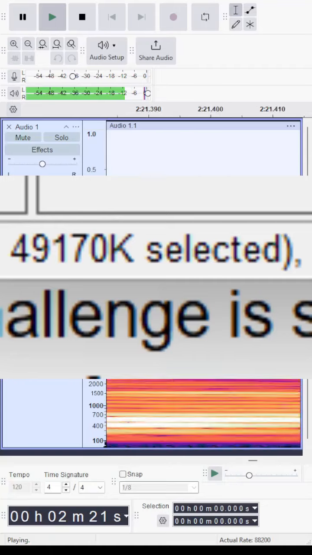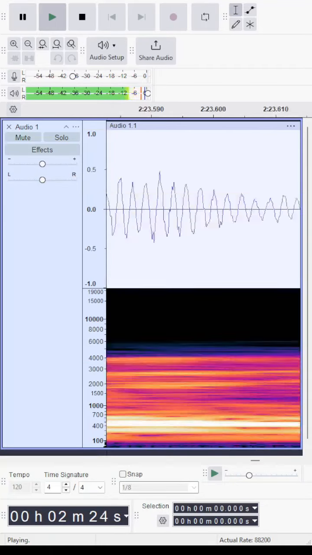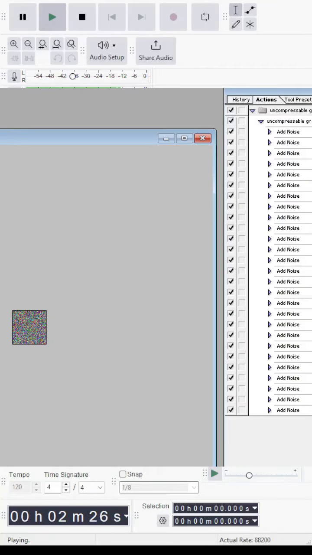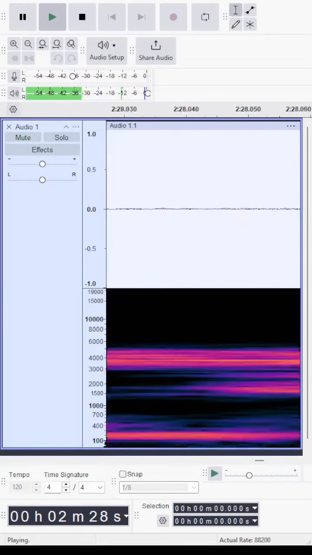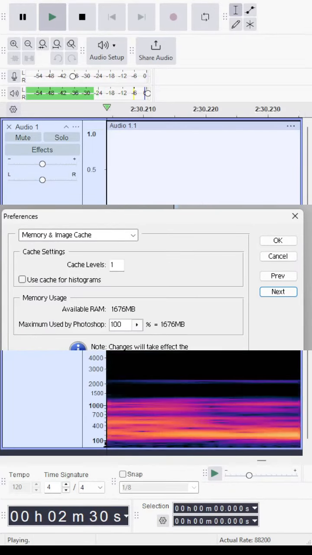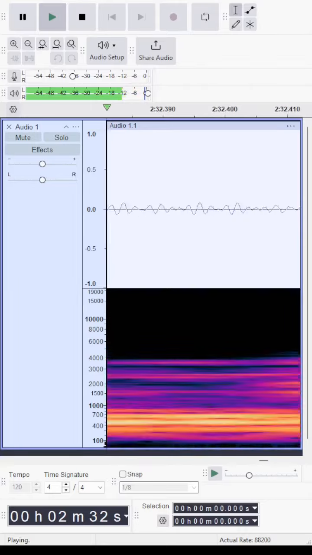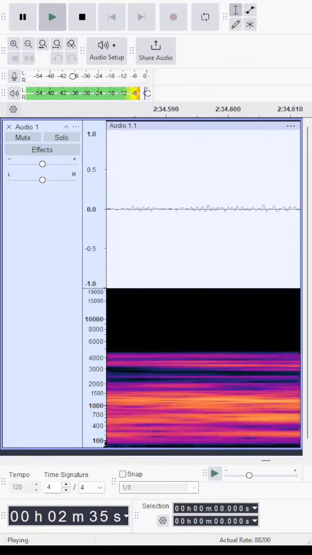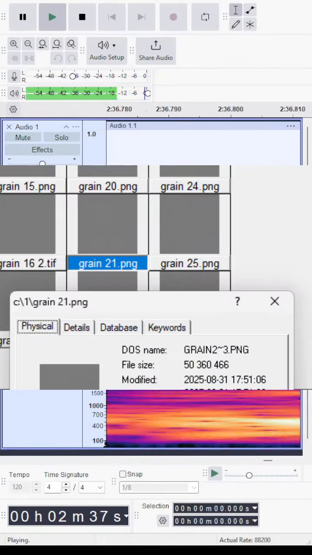Only 10 kilobyte difference between 400 generations. Having the image zoomed out speeds up the process, and also reducing cache levels and history levels to 0. Will build up a lot of memory usage. Oh, it seems I hit a PNG limit at 8 to 9 million colors. Going beyond this, the size stalls at